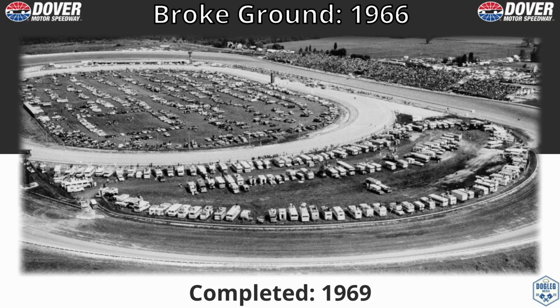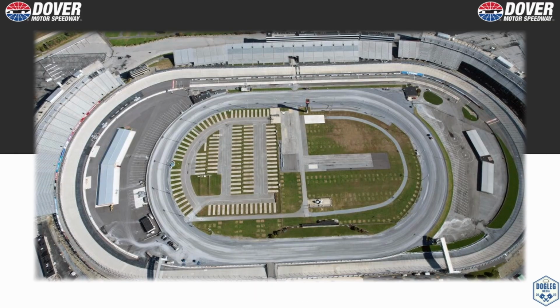In 1966, the Melvin L. Joseph Construction Company began construction on the Speedway, which was specialized for horse racing and auto racing. The track was completed 3 years later and would have its first race on July 6, 1969. Something neat about Dover that I didn't know was how heavily it was involved in gaming and horse racing. How I never knew that there was a 0.6 of a mile horse racing track inside the Monster Mile is